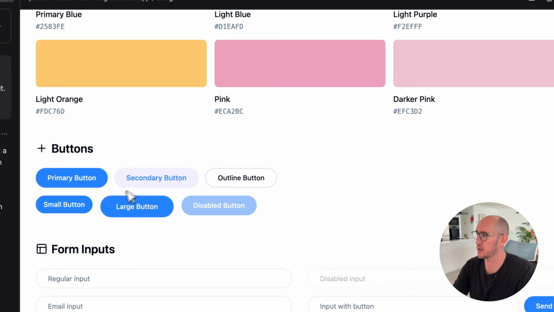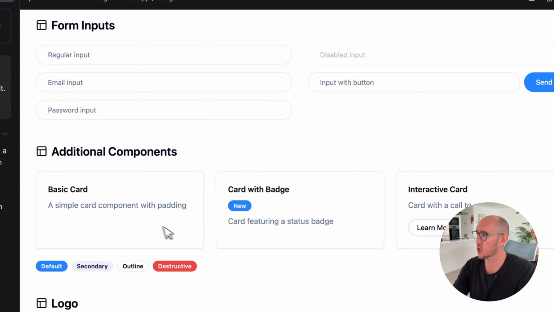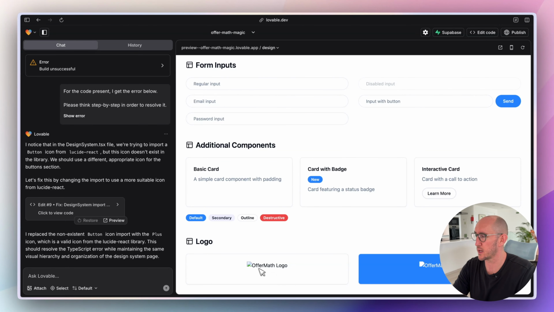We've got some primary buttons. Look at these hover states. We actually have all kinds of different buttons that added here. We have our form inputs, which look good with some different colors. We have basic cards, cards with a badge, interactive card. And then we have our logo, which I'm not sure why it didn't do that, probably because it needs to